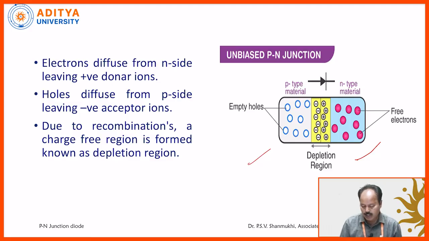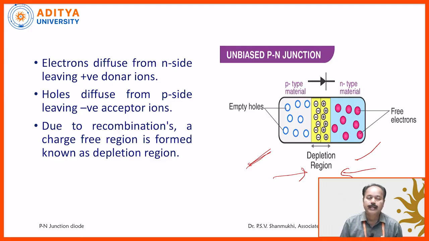Whenever these two are joined together, what happens? From the N side, the electron concentration is more. From the P side, the concentration of holes is more, since holes are the majority carriers. Generally there exists a diffusion of the carriers. Electrons will diffuse into the P region from the N side, and holes will diffuse into the N region from the P side. So holes are moving towards the